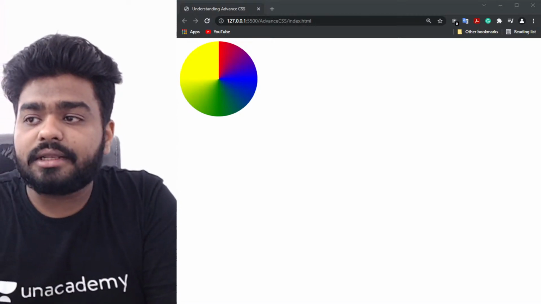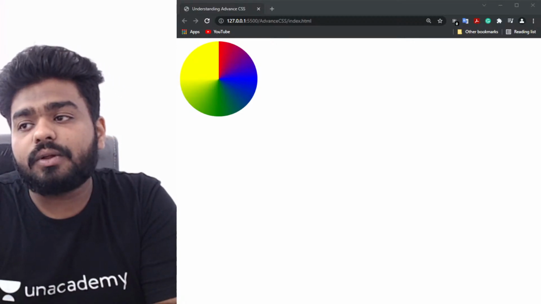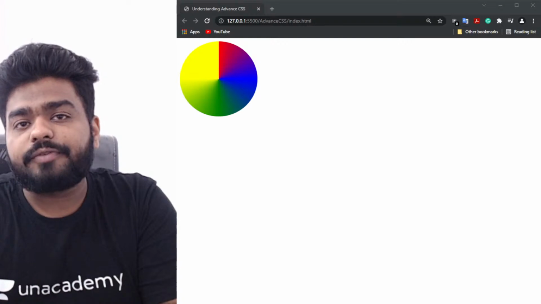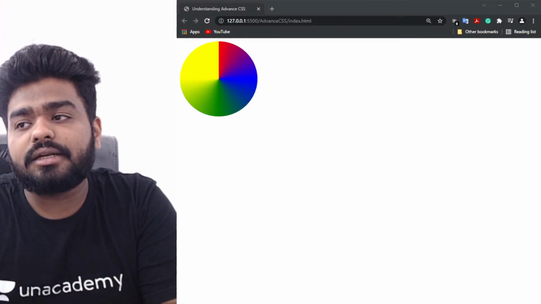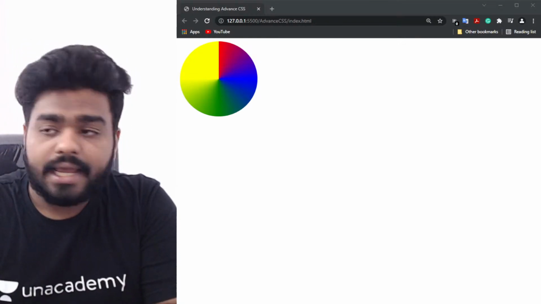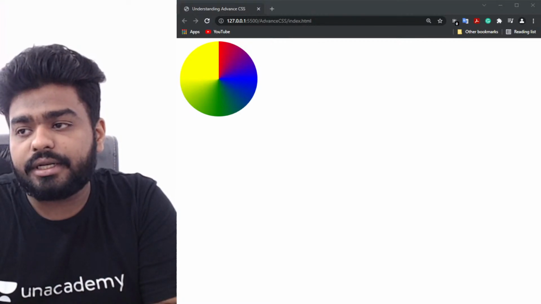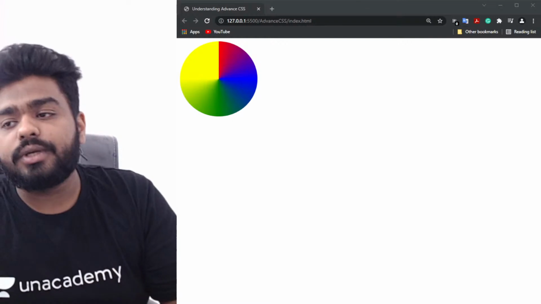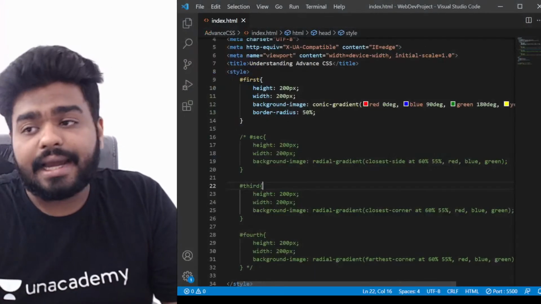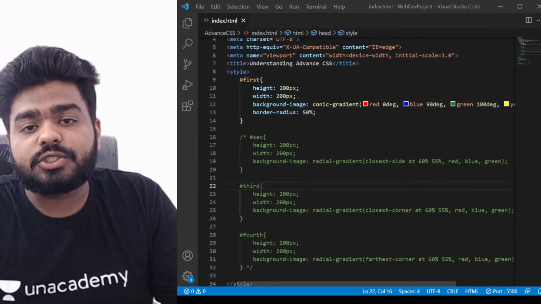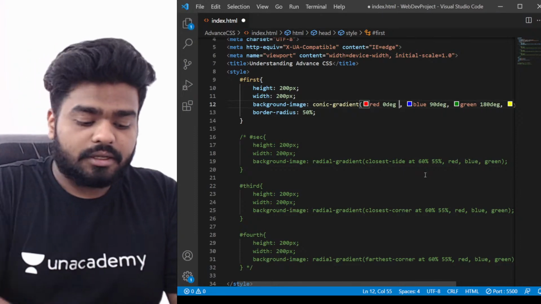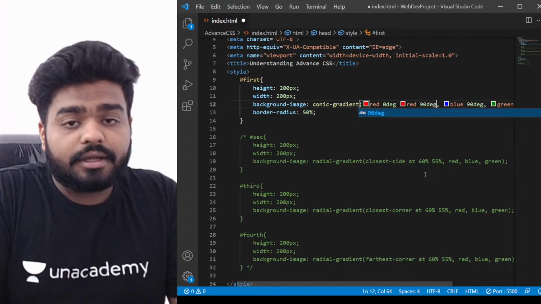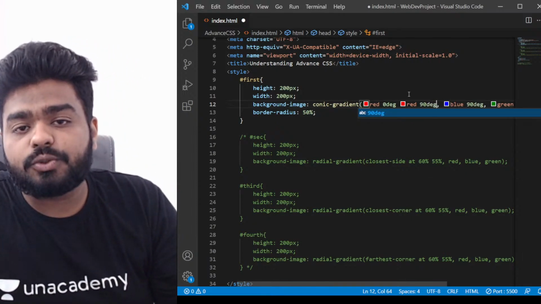So the colors are there, and the color is also showing me what angle it is at, but it's not shown very perfectly. The red color is getting combined with blue, the blue color is combined with green, and the green color is combined with yellow. I don't want that, right? So what I can do here is add some more colors to show it when to stop. So let's say I'm giving here red 90 degree, that means from 0 to 90 degree